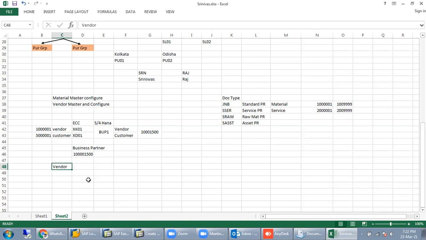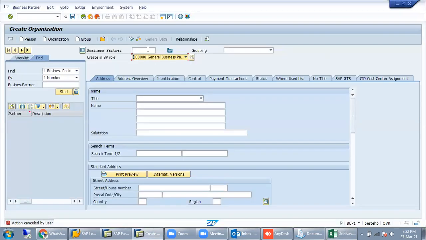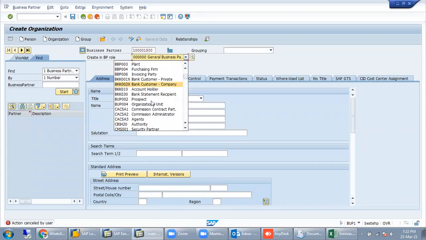Now this vendor is also a customer. He is buying something from us. Suppose he is buying some product from the plant, so he is now a customer. I just need to assign a customer role with that code only. We copy that code and paste it here, and give the customer view.